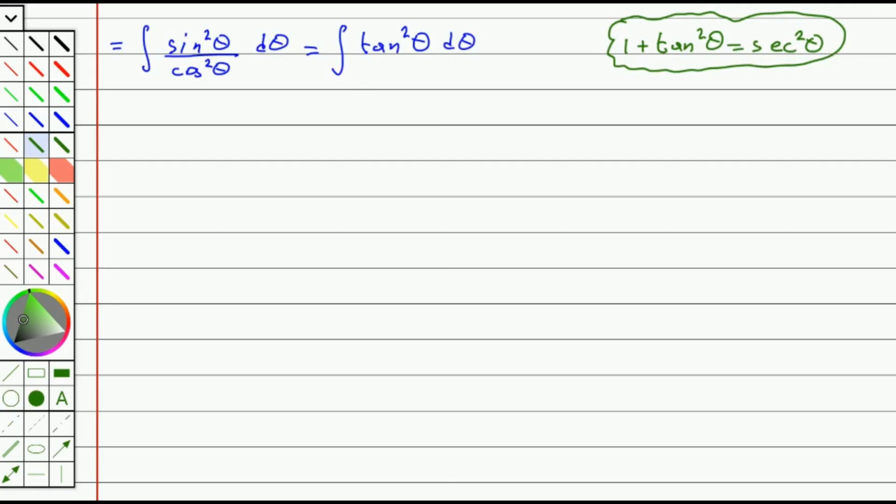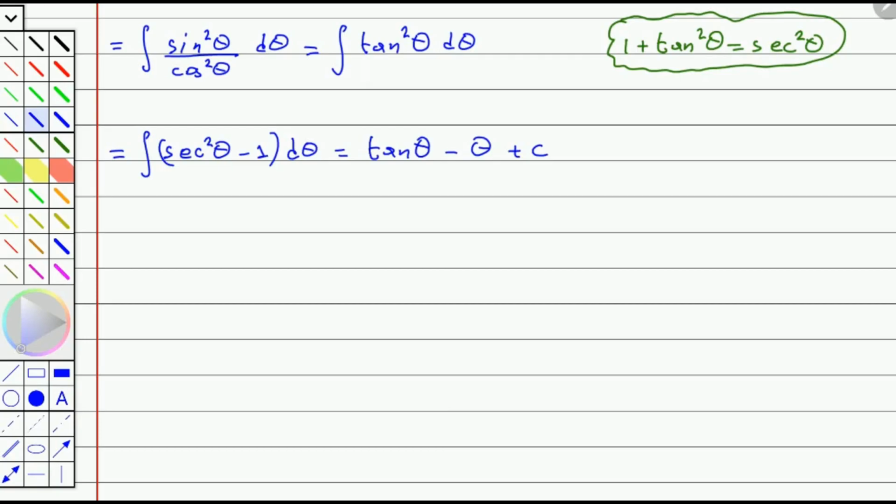So we are going to exploit this and make it equal to the integral of secant squared theta minus 1 d theta, and this is a simple integral to integrate term by term,